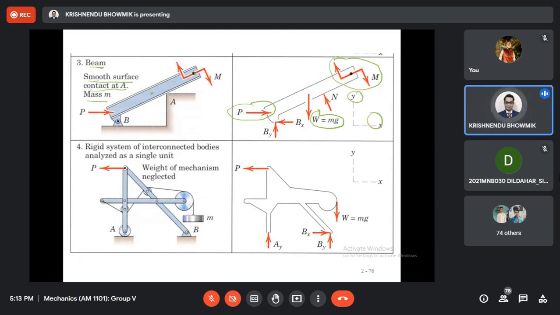See, here it is connected at only one point, that can be represented by a normal reaction force, perpendicular to the surface. This is hinge. You replace it with Bx, By, or somebody can write RBx, RBy. Any notation is okay. Generally, R stands for reactions. We can write that way also.